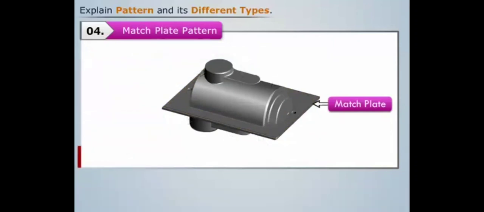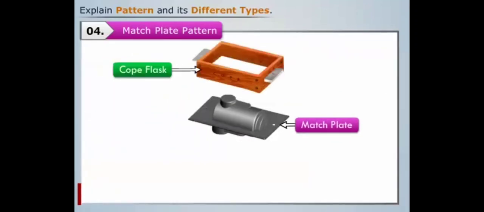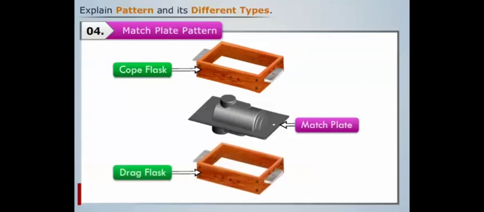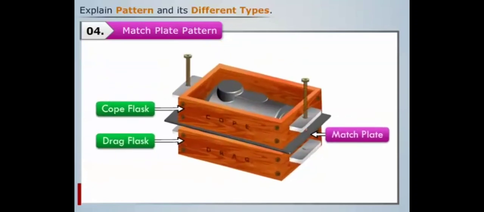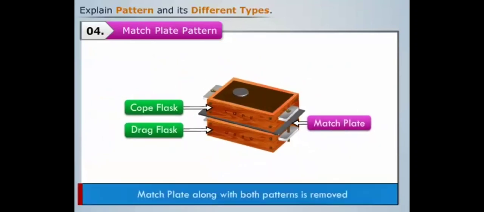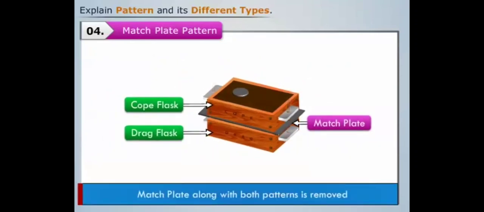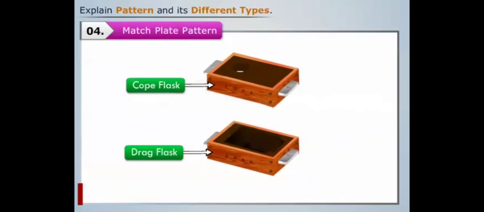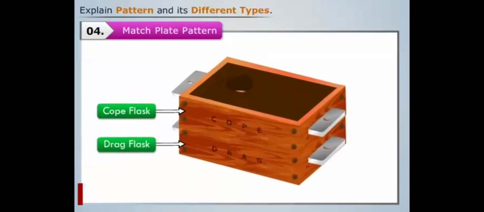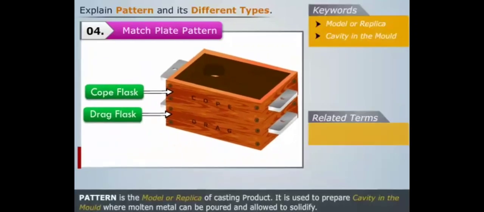Here, the cope flask is present on one side of the match plate, and the drag flask is present on the other side. After ramming the cope and drag, the match plate along with both patterns is removed. The residual cope and drag are then joined together to form the complete mold. Related terms are